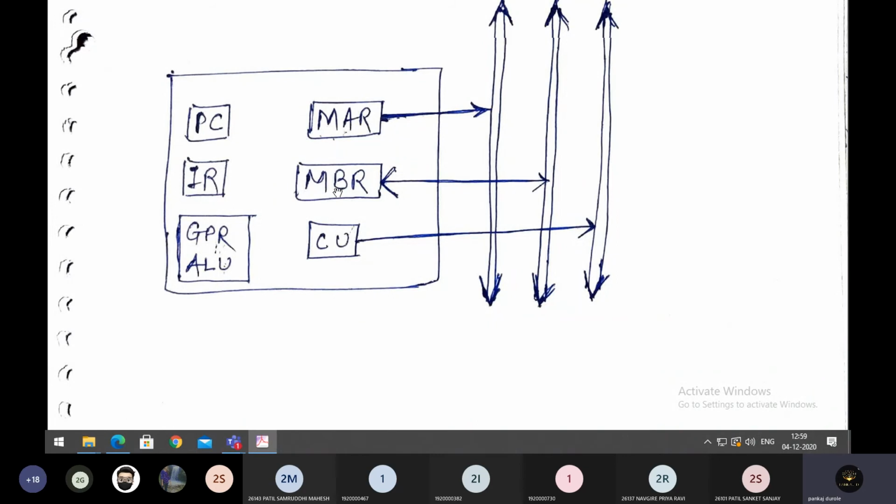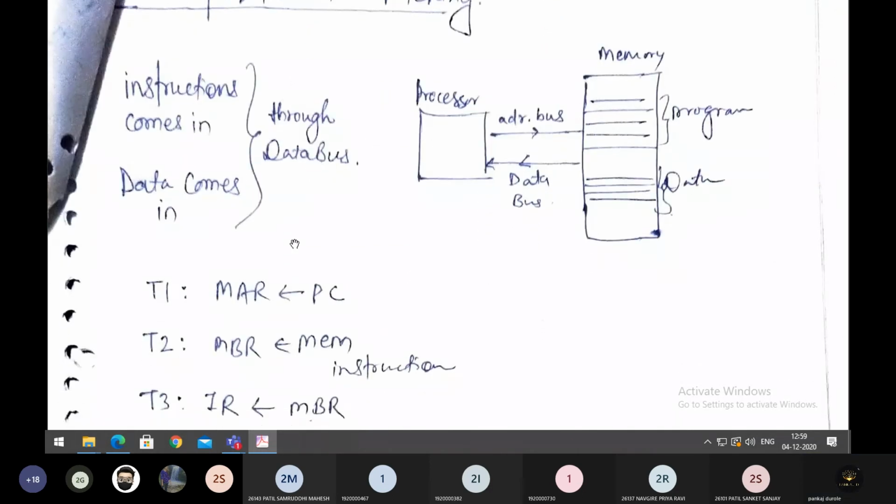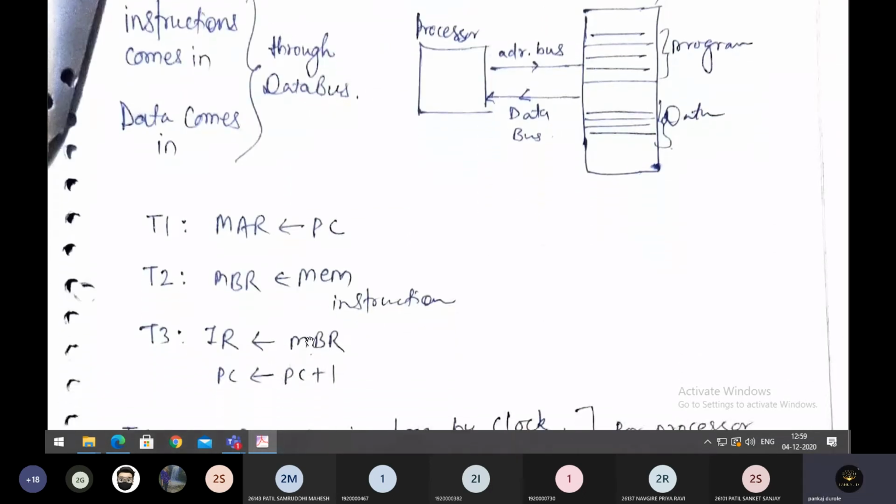So in the third micro operation, what we perform is MBR goes to IR. This is the clock state 3, T1, T2, T3.